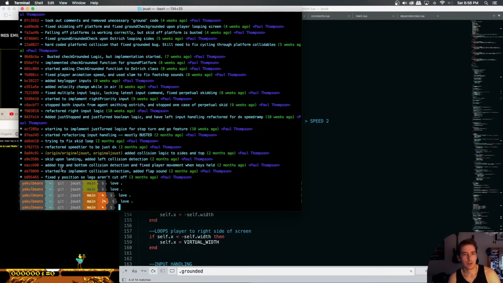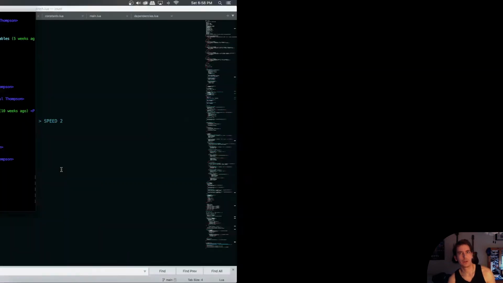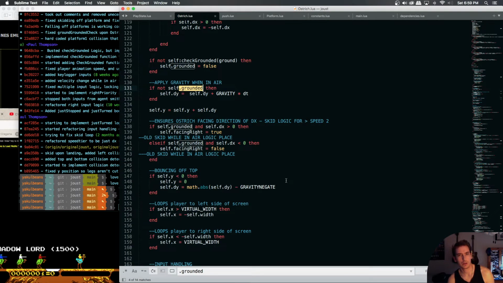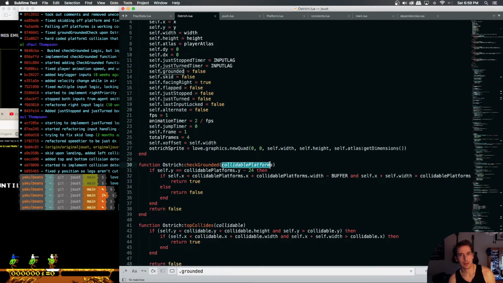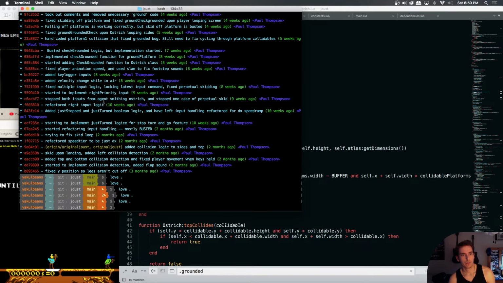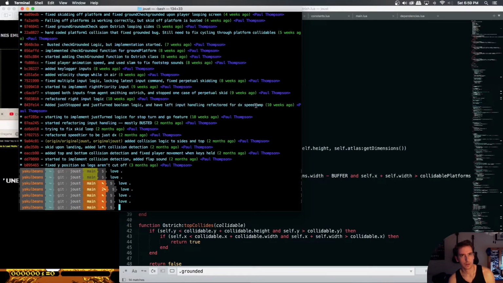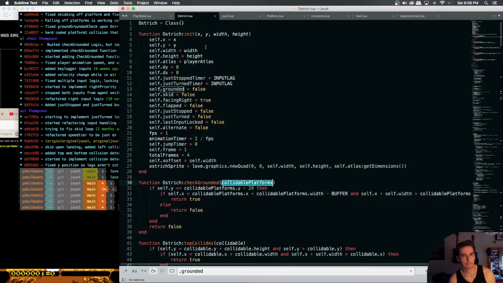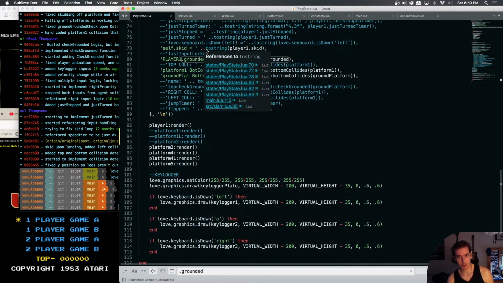Do we print out our check grounded? We should print out our check grounded, but our check grounded takes in a collidable platform. So let's debug with our platform 3 here. No, it's our platform 4 left. Is that right? I think it is. So in our debug,